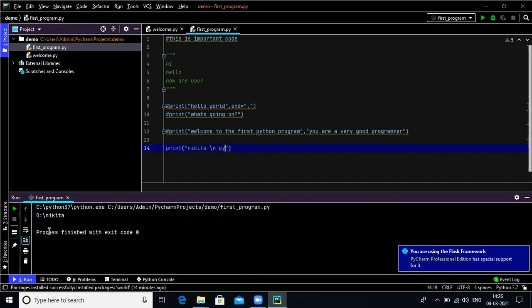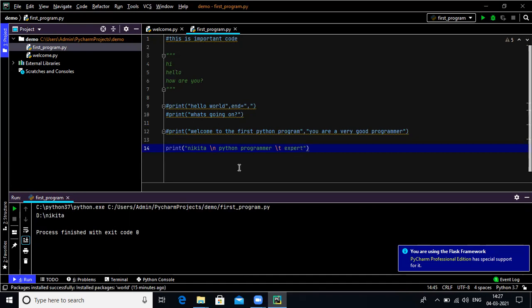After that, Python, okay, Python programmer. After that I'm using a slash t, that is for the tab, okay, tab, and after the Python programmer, expert.